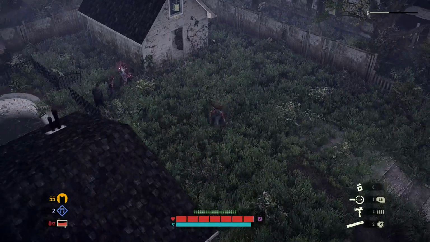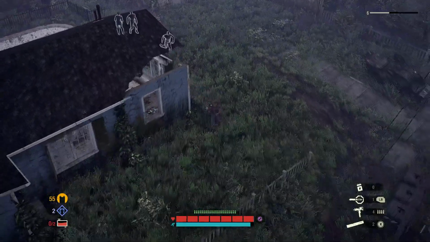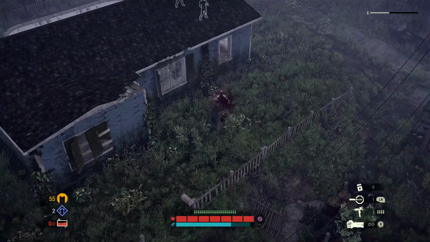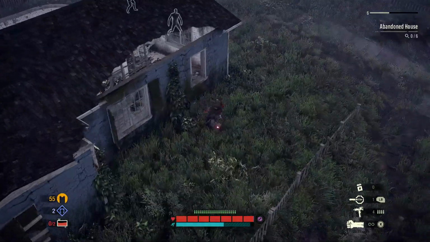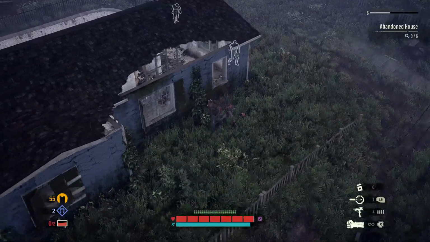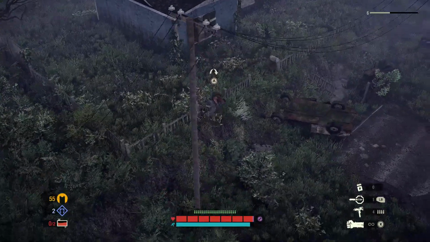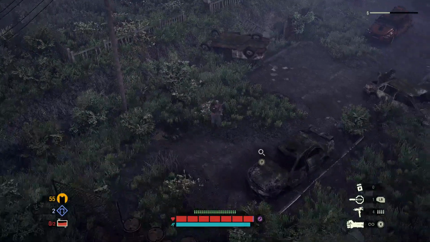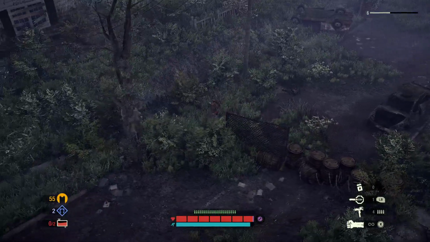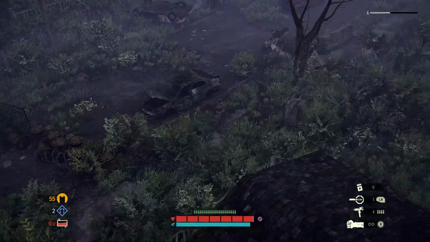Right. Oh, we're alerted. The bigger one, the super infectious one. They do seem to have a much larger detection range compared to the others, and they move a lot faster so they can quickly catch up with you, I'm finding. Right. There doesn't seem to be much here. And I assume, even though these are bushes, that's the end of the road there, right, so...